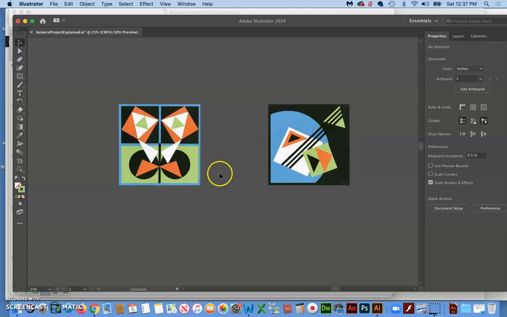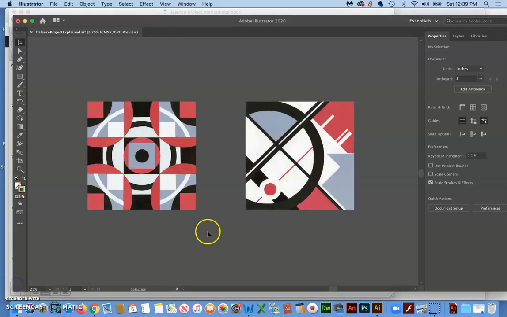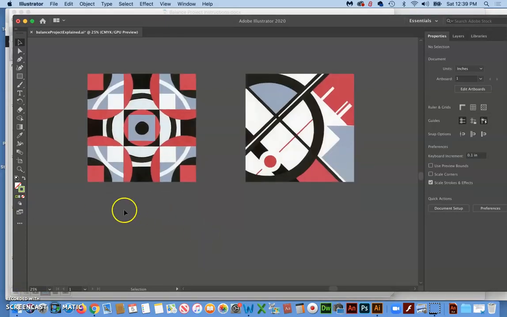This one, you want to say that blue is the background here. Had they made the shapes go right to the edge, then you might be fighting for, is green the background or is black the background? Both of these do a great job of fooling you because they could have started